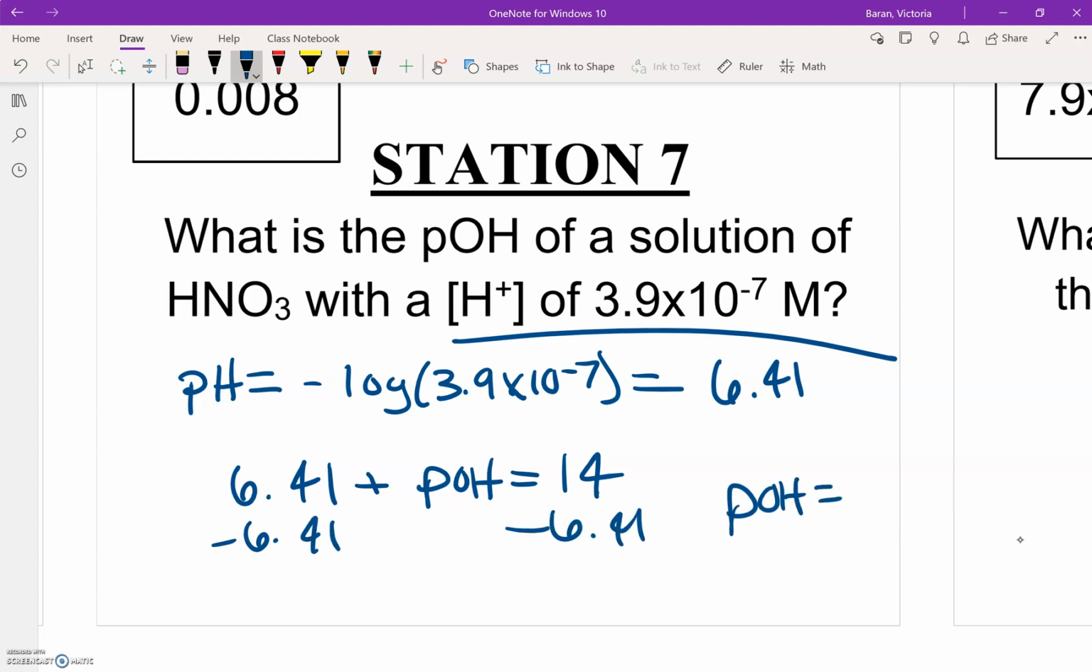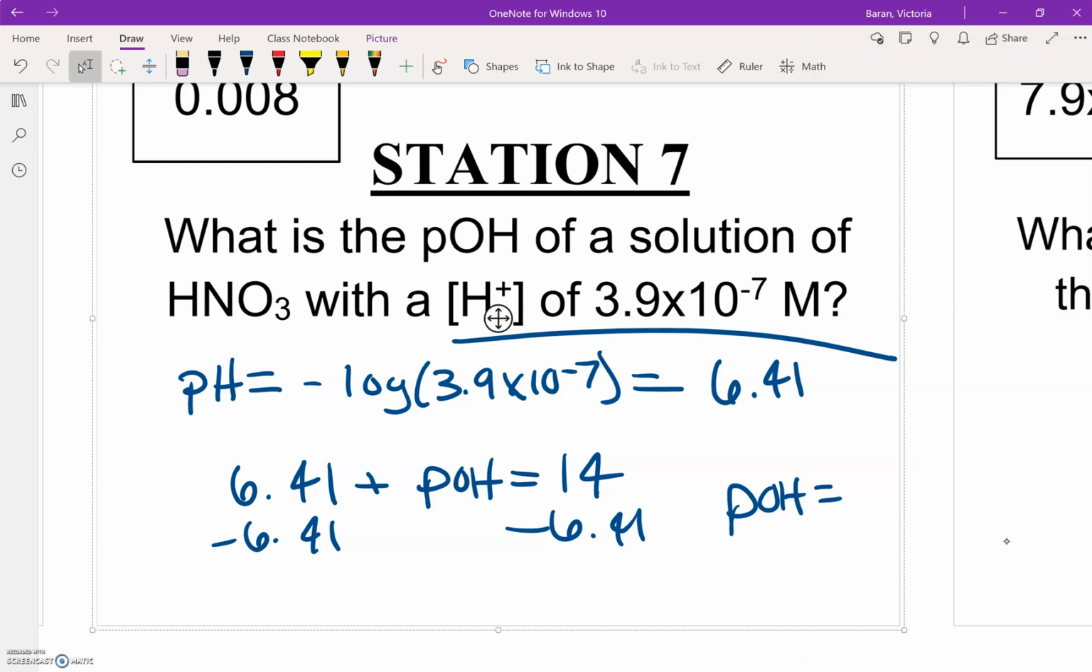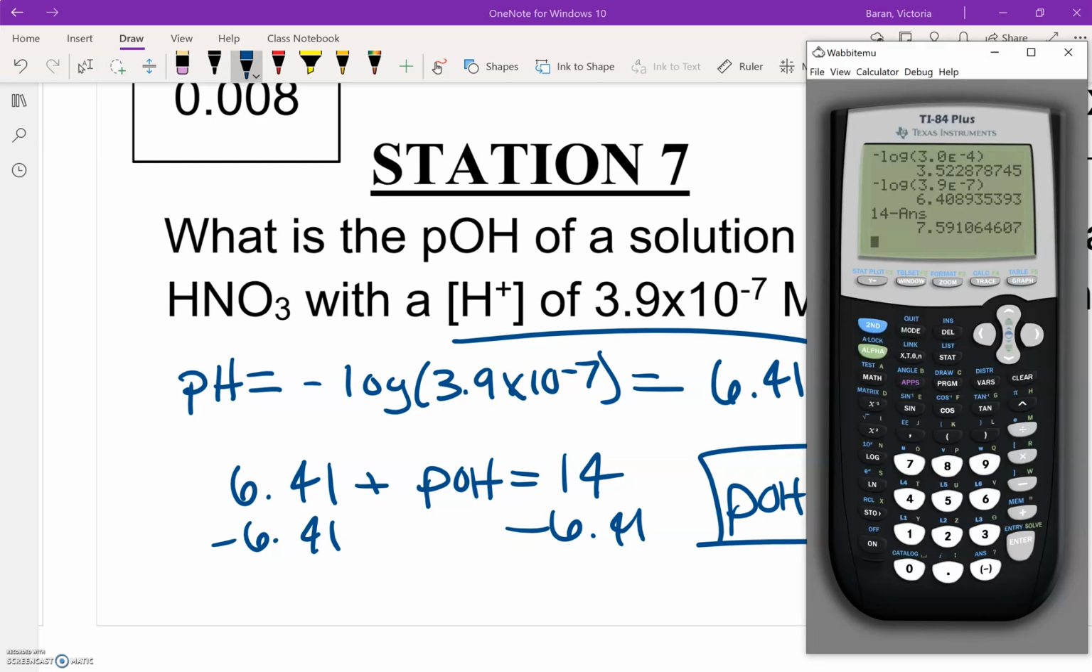So our pOH, I'm going to do 14 minus that, 7.59. How I did that in my calculator is it's really easy to do. 3.9 E negative 7, let me do that. Okay, so if you want to avoid typing, you can use the ANS button, which is